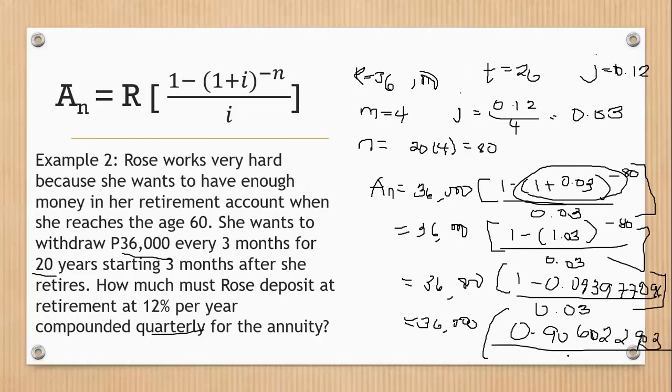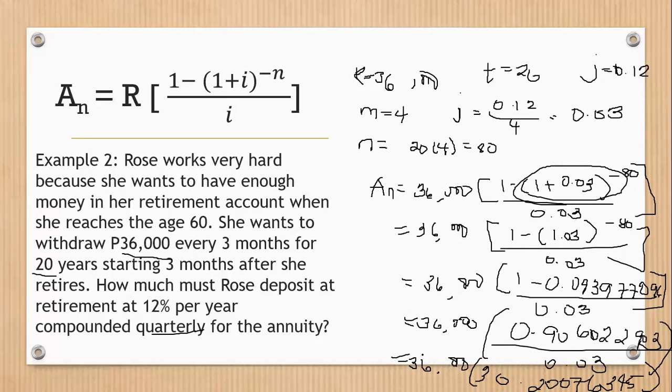602,2903 over 0.03. So divide nyo po muna bago natin siya i-multiply kay 36,000. So 36,000, 0.906,22903 divided by 0.03, we can have 30.20076,345. Multiplied to 30, multiply naman natin siya kay 36,000 times